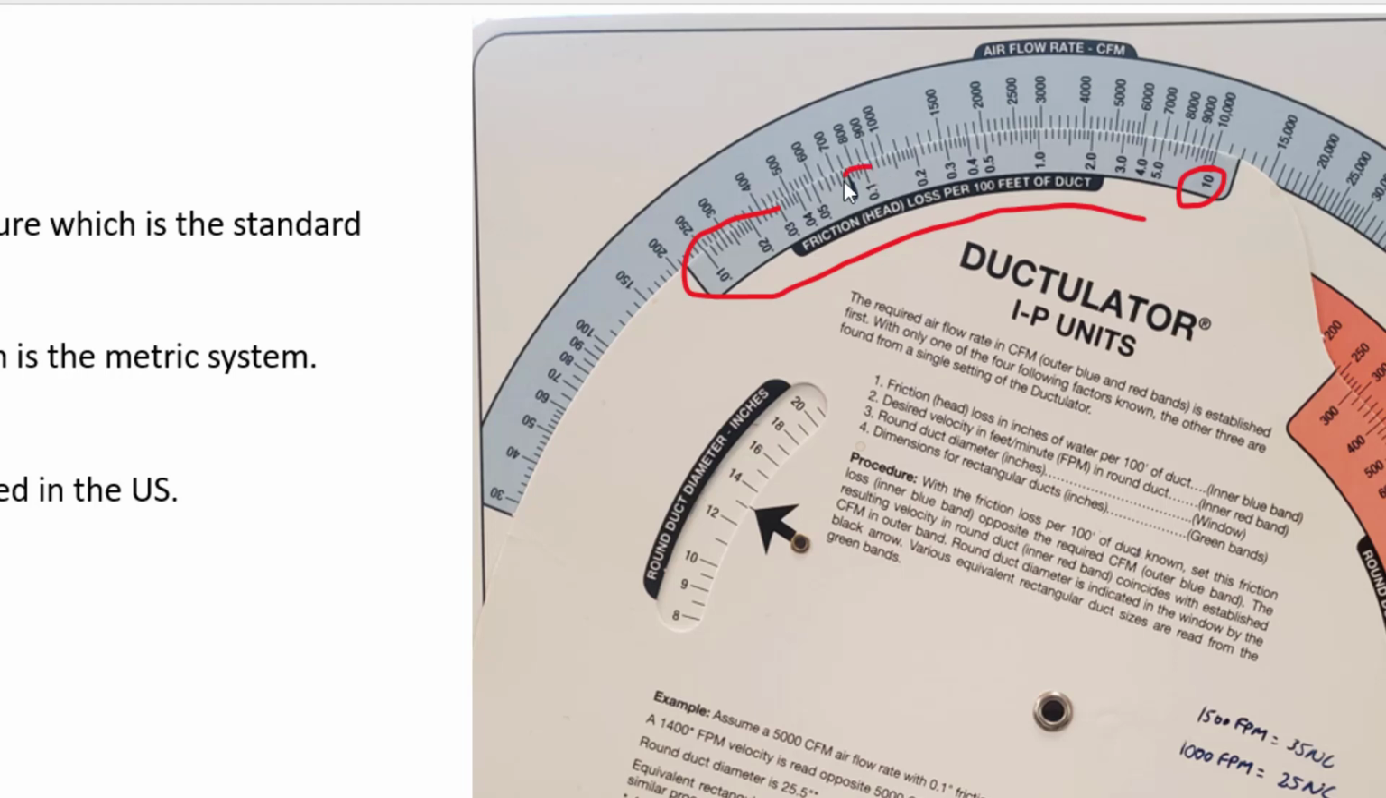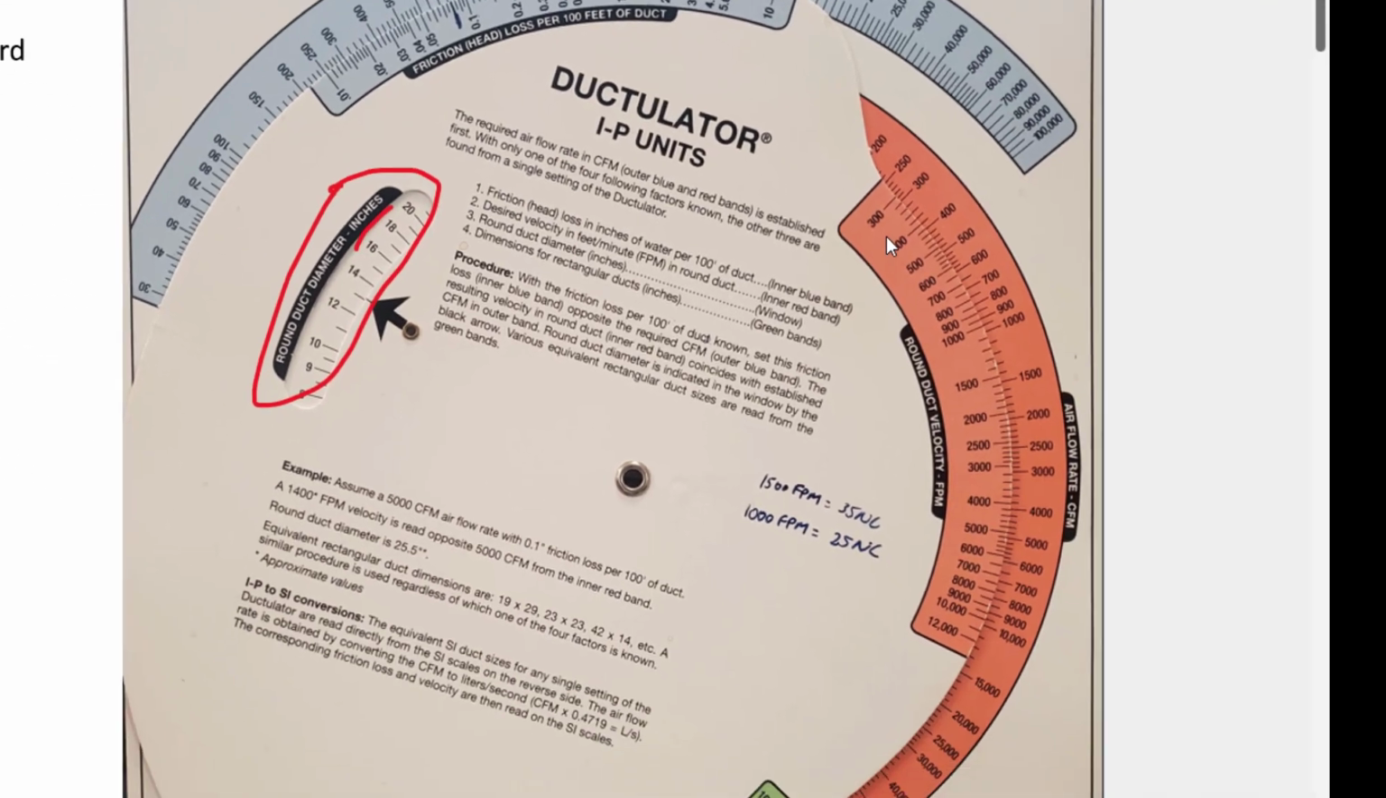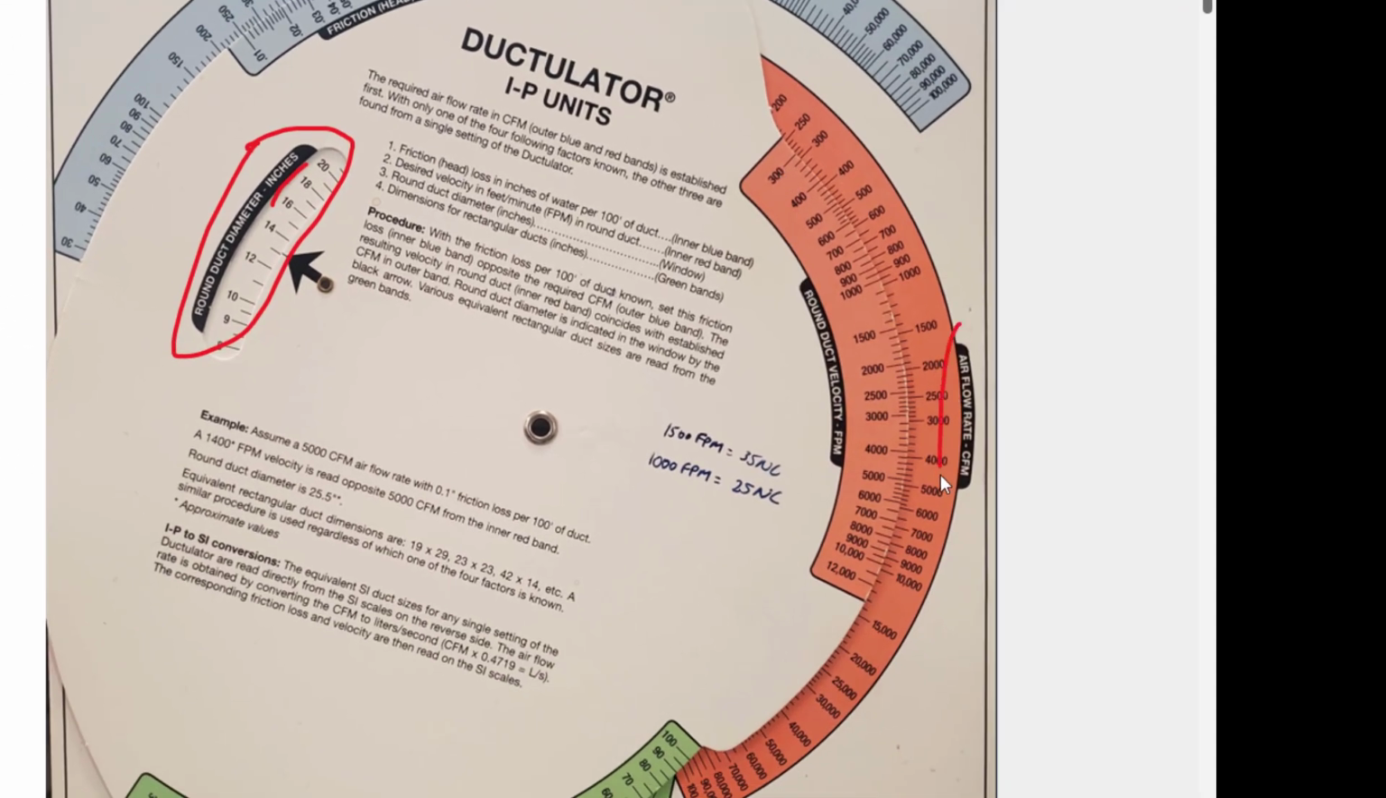So if you look here, this is 0.1 inches of water column per 100 feet of duct. And also you see here, these are all in inches of water column per 100 feet of duct. If you look down here, this is the equivalent round duct diameter, again in inches, and on this side is the airflow CFM and the velocity here in feet per minute,